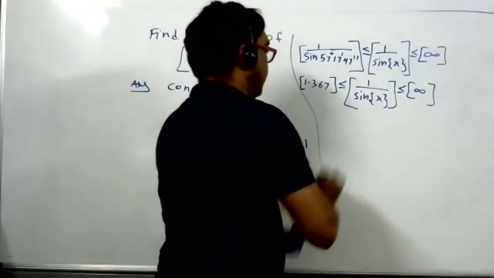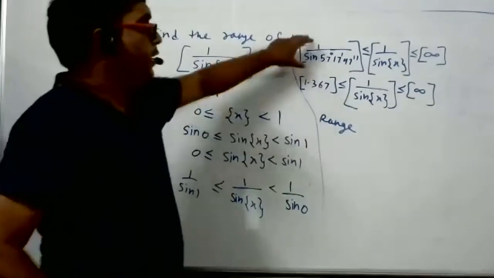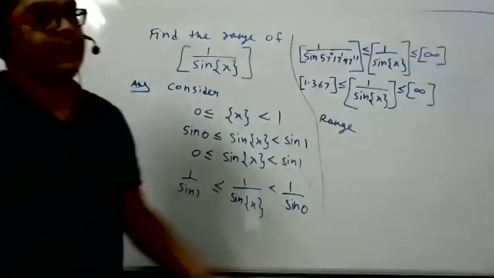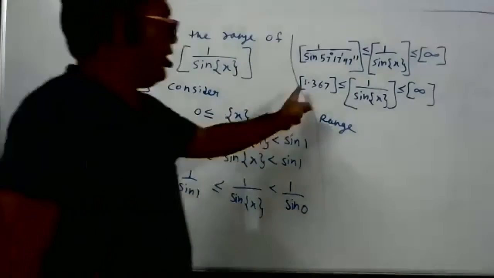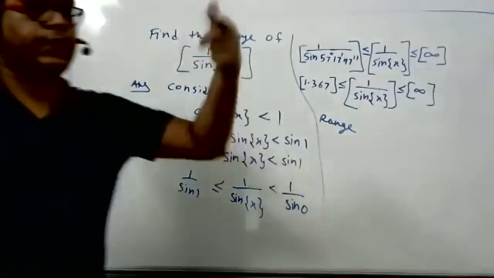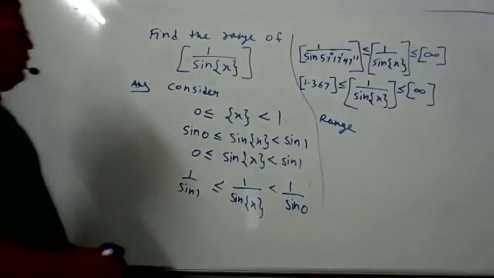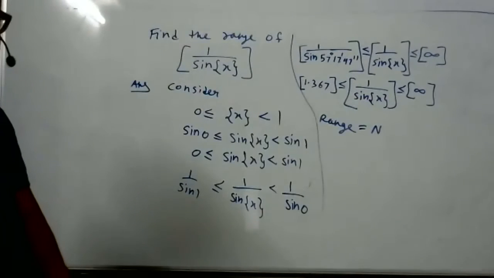You can copy and ask some doubt. Only the problem is in the first term. Here the number will be more than 1 and less than 2. I don't know exactly how much, but it will be more than 1 and less than 2. So we will get 1 here, then 2 here, then 3 here. So we will get 1, 2, 3, 4, 5, 6. So it is natural numbers. This is the answer.